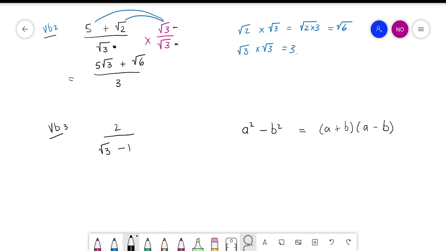You guys remember that? Okay. So then it stands to reason that if I ever have anything minus anything, and I multiply that by itself,